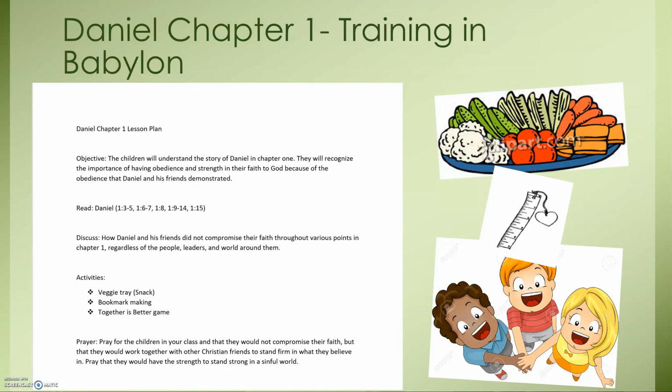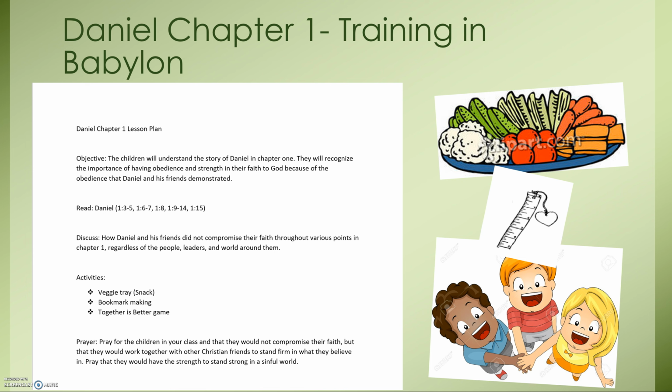But the veggie tray snack is an idea that I got from Pinterest. Pinterest is a great resource, by the way, to get many activities for different lesson plans. Teachers use that all the time. But anyways, the veggie tray snack is a good relation to how Daniel ate veggies as well as fasted during part of this time. And then the bookmark making would entail yellow sheets of paper,